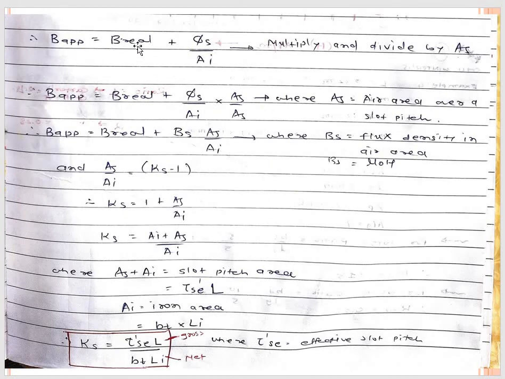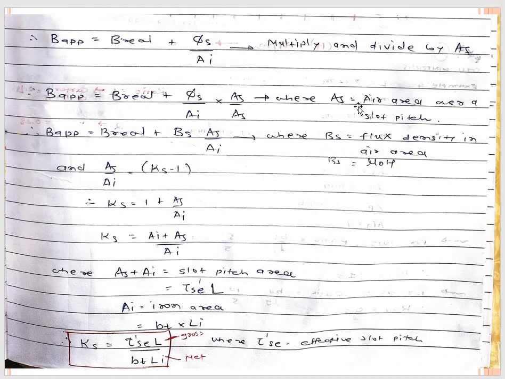So our equation will become B apparent is equal to B real plus phi S divided by AI. Now multiply and divide this term phi S divided by AI by AS. So our equation will become B apparent is equal to B real plus phi S divided by AI multiplied by